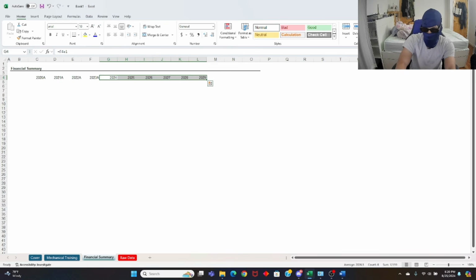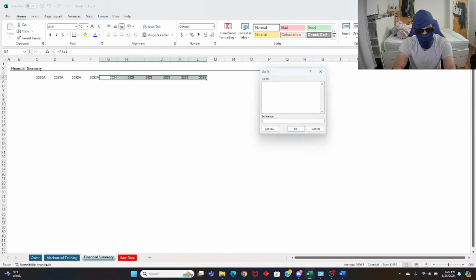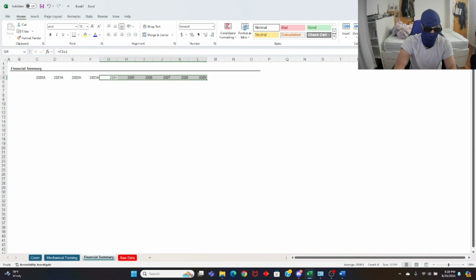And this F4 button is very important because F4 repeats your prior action. So no matter what you did prior, F4 repeats the action. So we just added an A. You click F4. Oh, oops. You click F4. And it basically does what you just did to your prior cell to the current cells that you've highlighted.